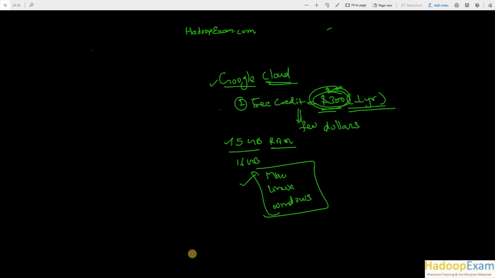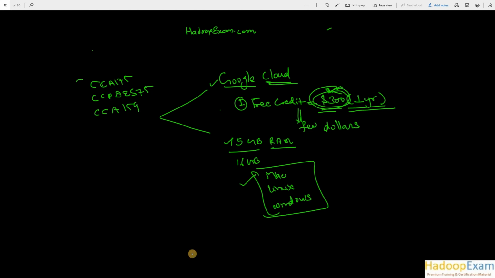It would be just browser-based instructions you need to follow, and you can create the complete environment for practicing the CCA 175, CCA 159, and CCPD 575 certifications. For administration, obviously there would be different instructions, but these 3 certifications at least can be easily practiced on Google Cloud. So the initial instructions would be the same across all the certifications, correct? CCA 175, CCPD 575, CCA 159.